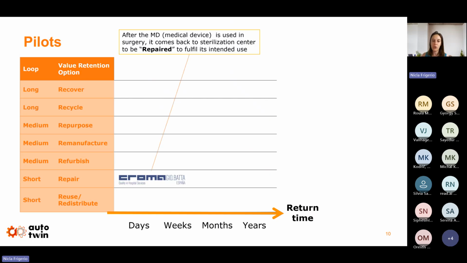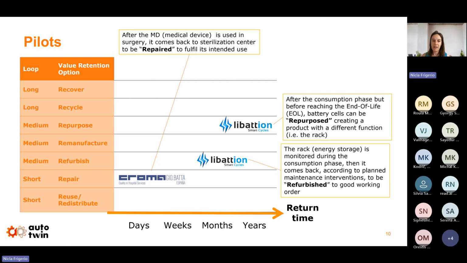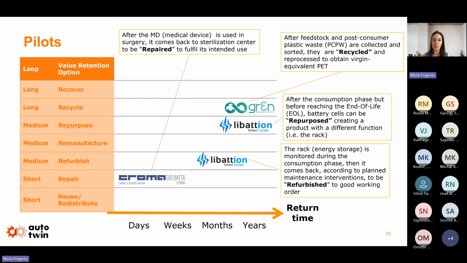Chroma is in the short loop, and the product comes back within days or at most weeks. With Libatium, we are a little higher, so we are in the middle loop, and products come back in months or even years. And for Green, we are in the recycle, so long loop, and products may come back after a very, very long time because of the usage of clothes, because of the usage of plastic.